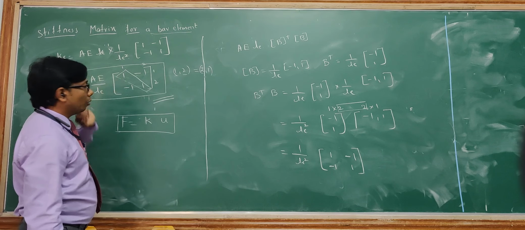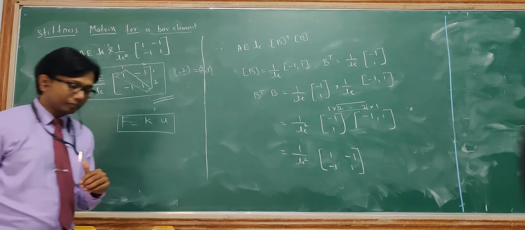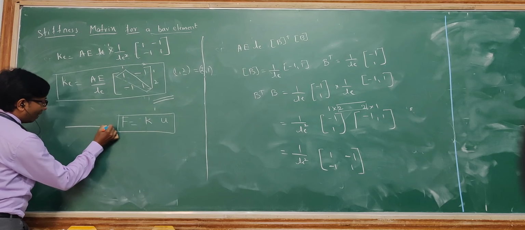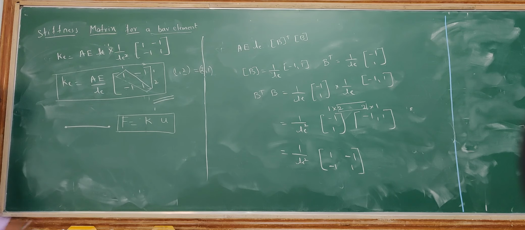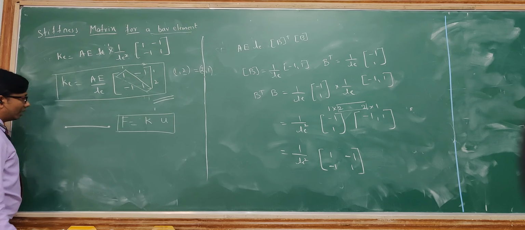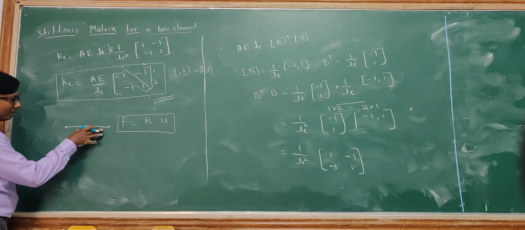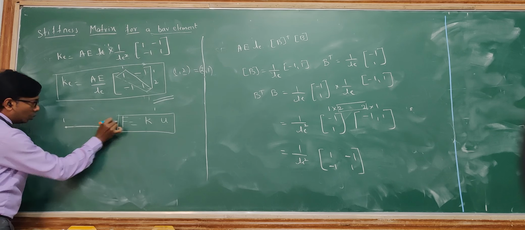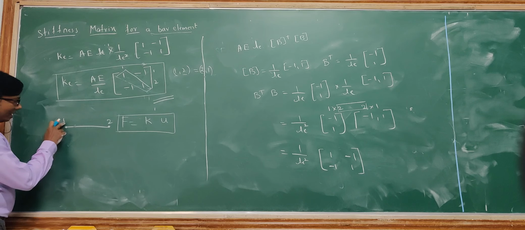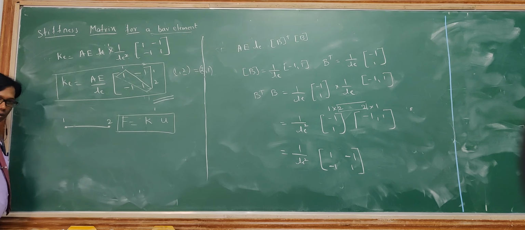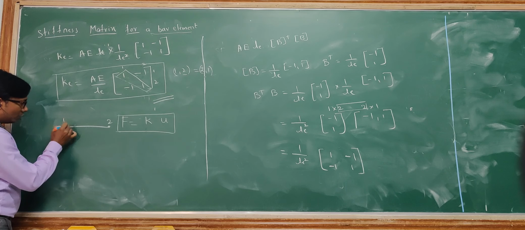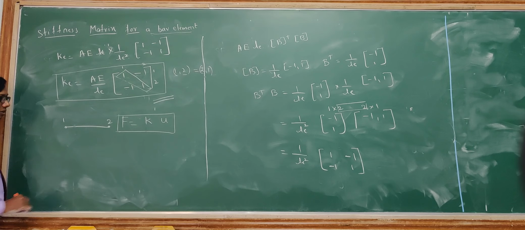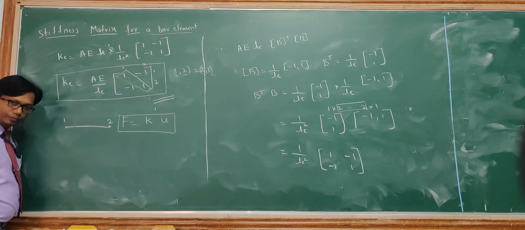See here, one more property of this stiffness matrix: if I have a body, this is an element. You might be seeing n number of elements here. This is an element which has two nodes, and for this particular case, each node has a single degree of freedom, which is allowed to move in one axis. So the size of the stiffness matrix will be 2 by 2.